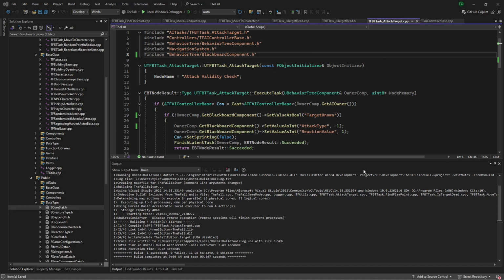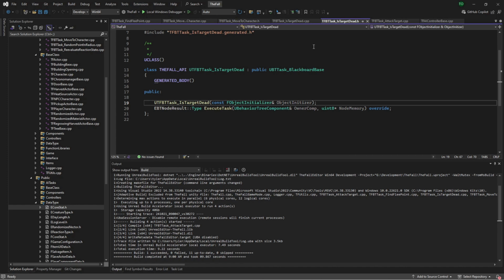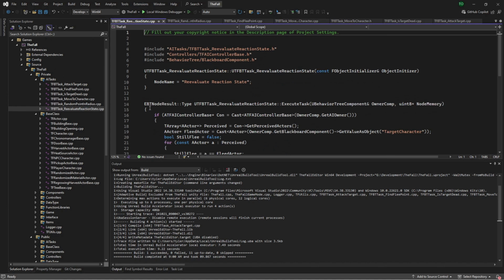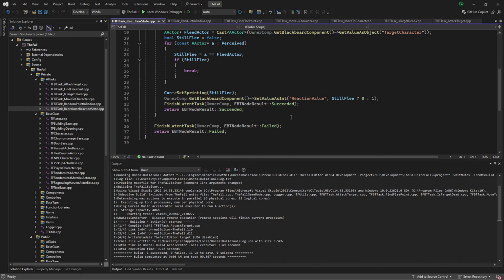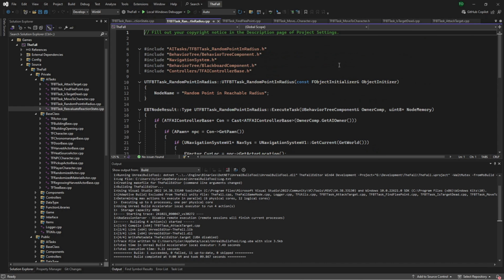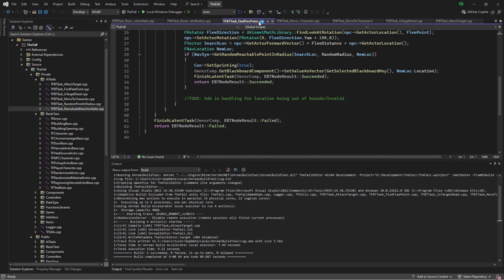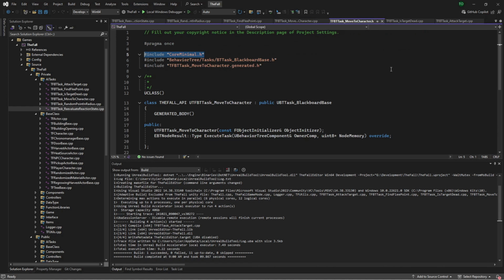However, to get things started, in this episode what I wanted to do was something I had mentioned in a previous episode regarding our Blackboard keys and the naming conventions on them. One thing is when you start getting to a point where, let's open all of these up quickly so I can go through it, you have multiple different places that are using the same key. Like we've got target character, reaction value here, flee point, target character,